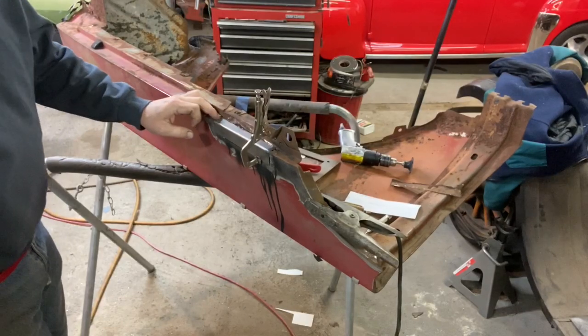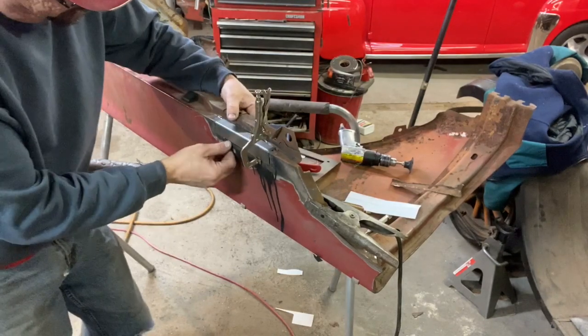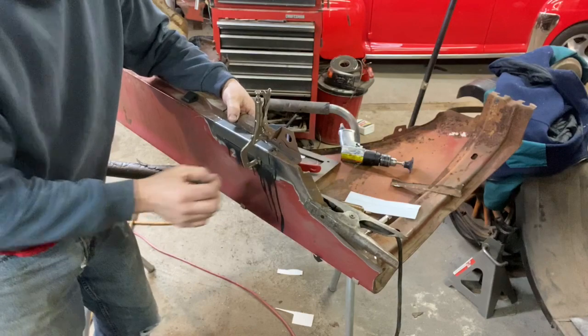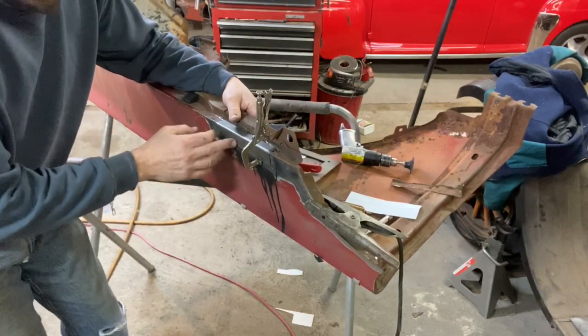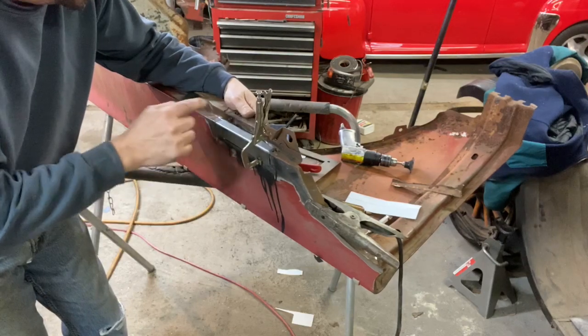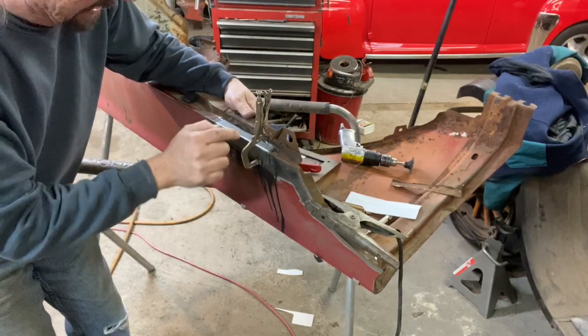All right, we're ready to get after this. I got everything flush. Feels really nice. I'm going to have an issue in here. I'm going to have to be very careful, but I'll get it tacked. One of the big things about butt welding is warpage. You've got to go slow, you've got to take your time, you've got to move out, you've got to take some breaks. But I'm going to go around and get the corners tacked, probably tack up in a couple spots up in here,